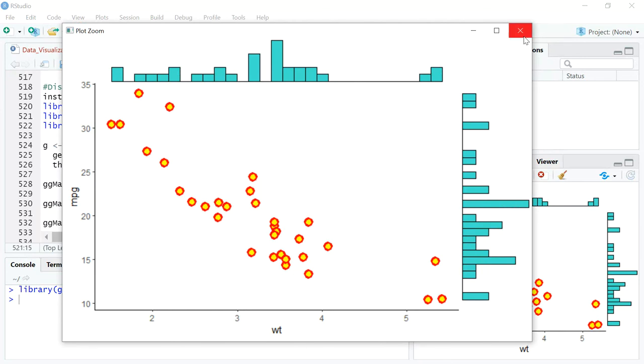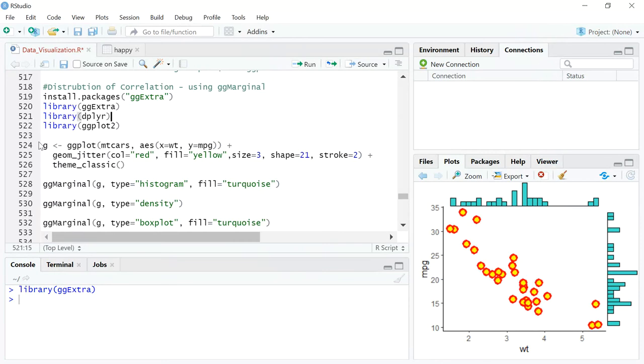Let's quickly see how we can do it. It is a fairly simple chart. All that you need to do is use the same ggplot function. We are using mtcars here, which is just a data set of 32 different types of car models. And we're just going to compare weight versus MPG as we saw. So in the aesthetics syntax, we just write x is equal to wt and y is equal to mpg, which defines our x and y coordinates. And we have called out the data set in ggplot. Now we assign that to a variable called g. So this is the assignment operator. We assign it to g so that we can reuse it later.